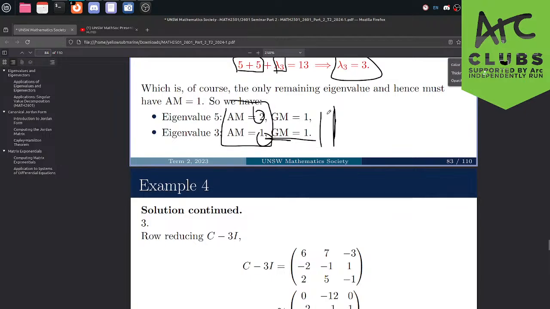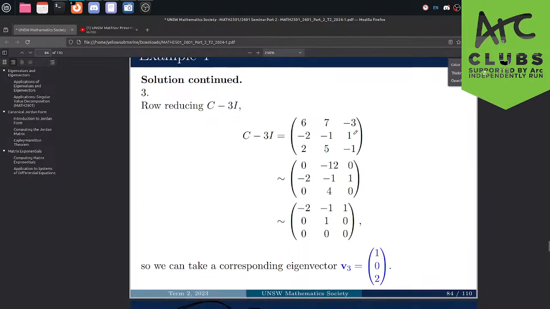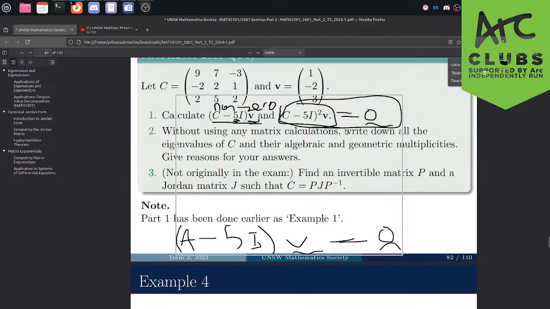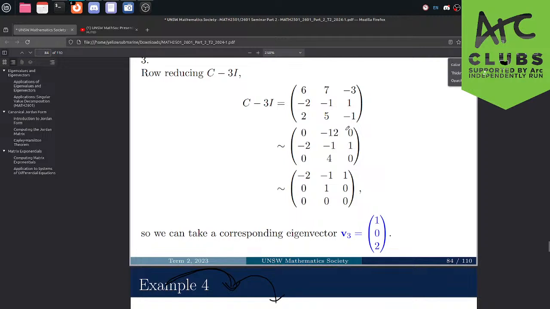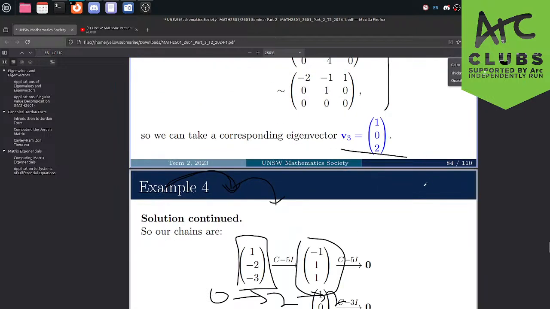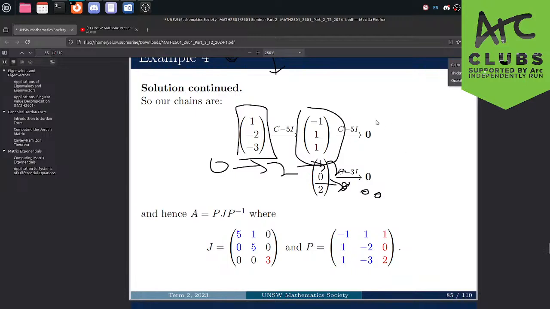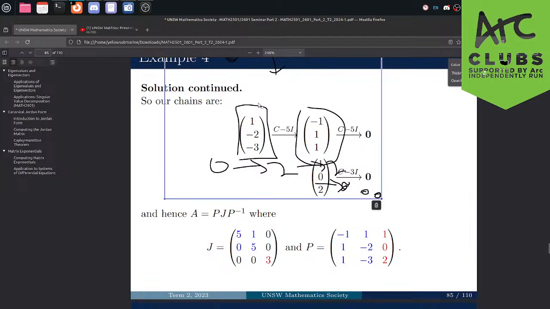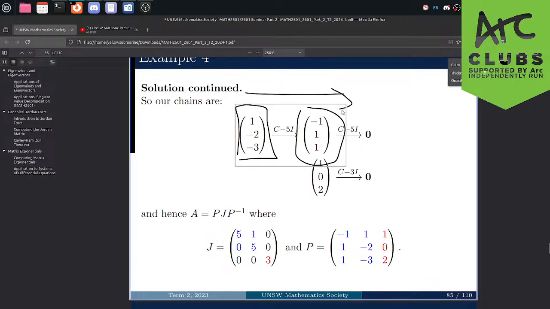So you get this list of values here. Anyway, to find your eigenvectors, you want to find the eigenvector for eigenvalue 3, because we want to write the matrix P. We want to find its generalized eigenvectors. For 3, it's just the eigenvector, so you just find the kernel of this. For eigenvalue 5, you know that this is a vector, and so then you compute its Jordan chain, like we've done before.